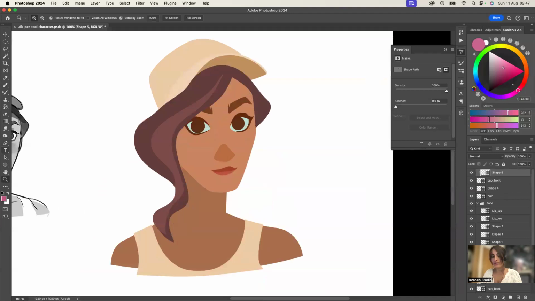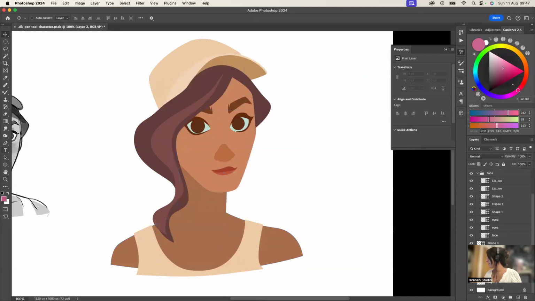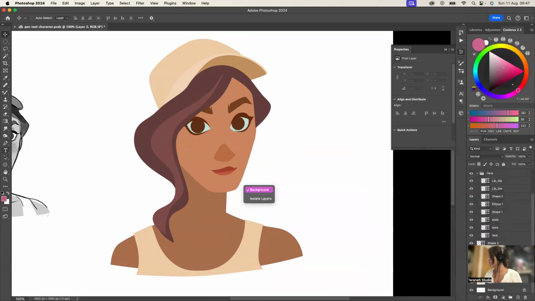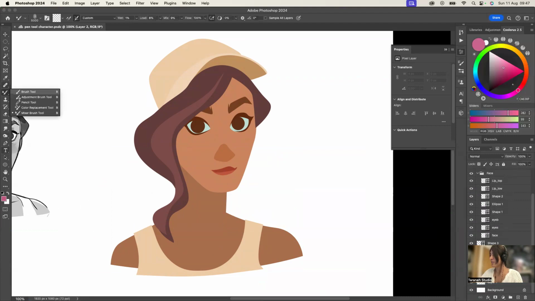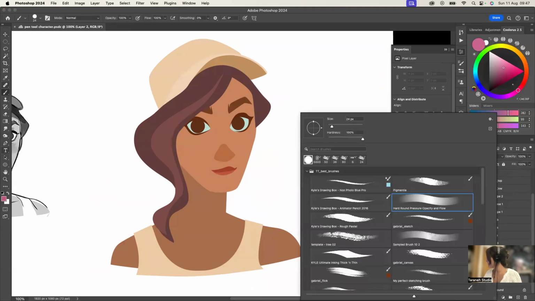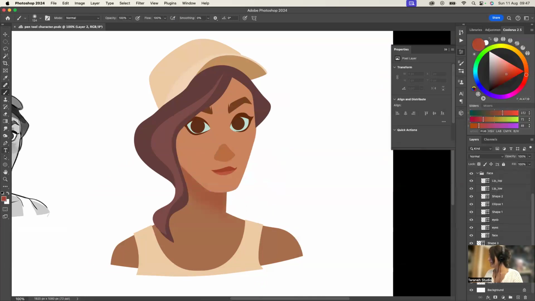So let's go and create more of this layer. So I'm going to create a clip-in mask and then I'm going to go to my brushes. Okay, I'm going to just select the most simple roundish brush, right? I'm going to create some nice